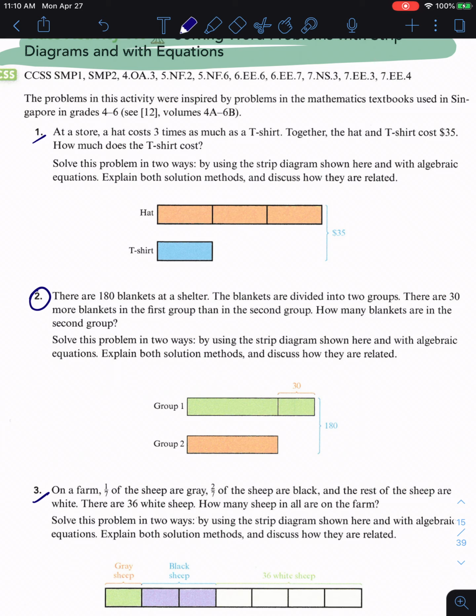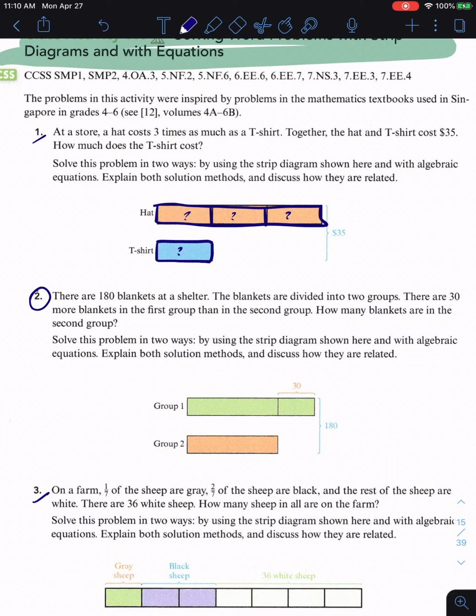So, problem number 1. At a store, a hat costs 3 times as much as a t-shirt. Together, the hat and t-shirt cost $35. How much does the t-shirt cost? So, the hat and the t-shirt, and we can clearly draw a strip diagram as is represented here, and we know that the total is 35. Right? So, what we know from this diagram is that whatever this t-shirt costs, the hat costs 3 of those amounts, right? So whatever this is